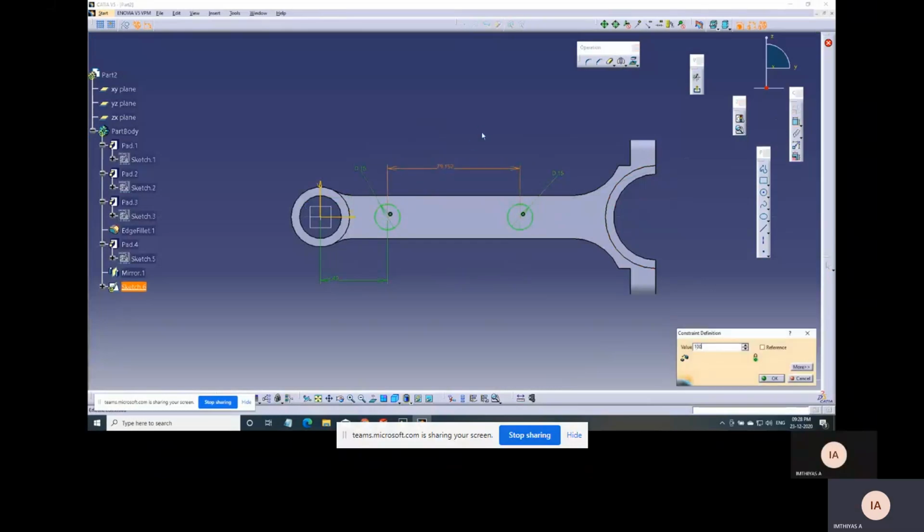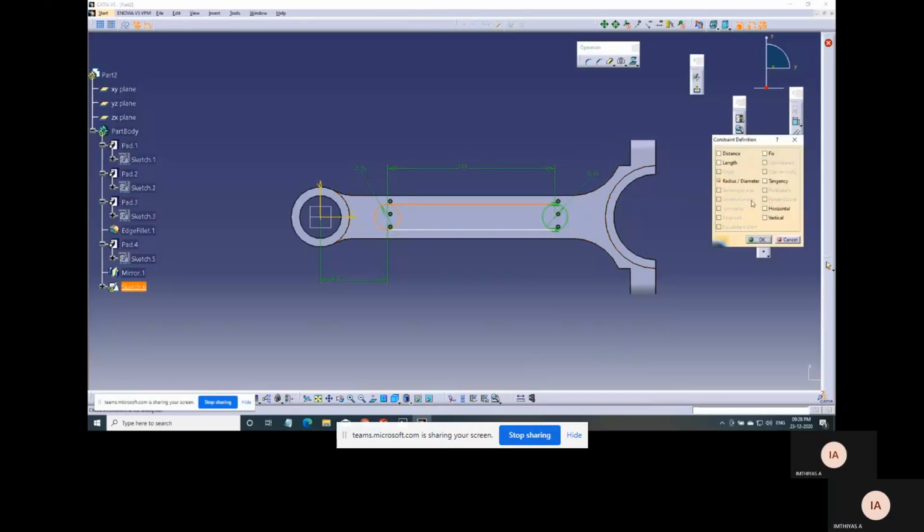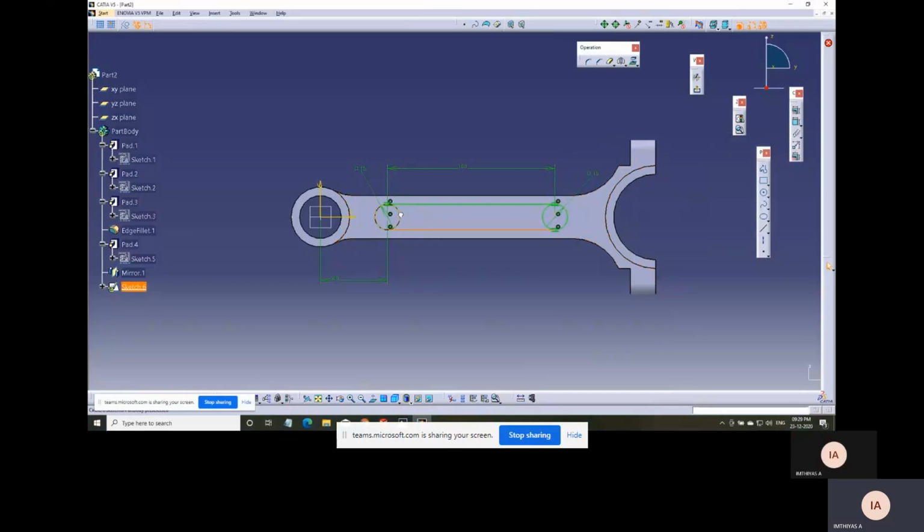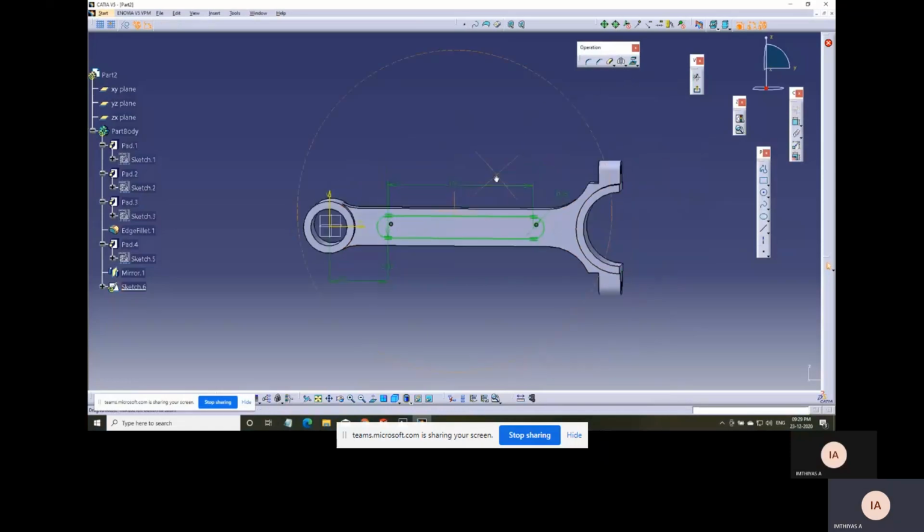Center to center distance is 100 mm. We will remove half of the circle so that the profile is made.